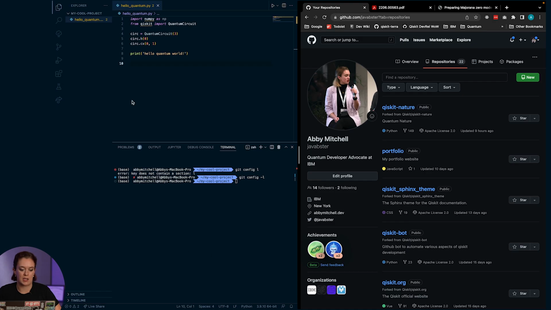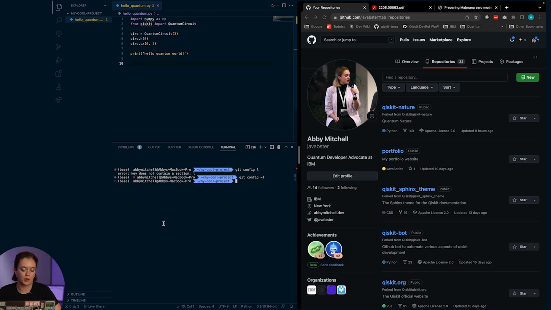For the prerequisites you'll need to follow along with this video, you need to have a code project. Here I just have mine displayed in VS Code. You need to have a terminal open, and you need to have moved yourself into your project within your terminal. Mine is just called My Cool Project. I've opened a terminal here within VS Code. You don't have to use VS Code. You can have a different terminal and a different code editor. This is just the workflow that I use, and a lot of these concepts should be transferable between different IDEs.